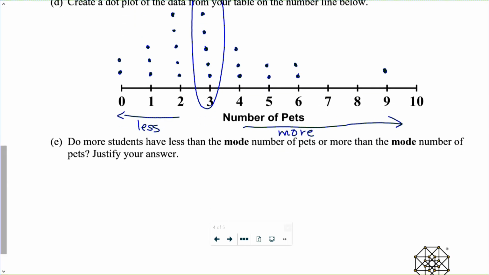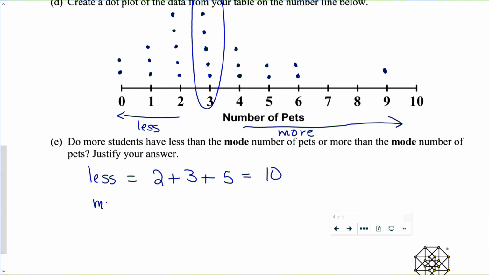Right? So the ones that have less are the ones that have 0. And there were 2 of them. 1, there were 3 of them. 2, 1, 2, 3, 4, 5, there were 5 of them. And that's going to be 10 people, or 10 students. Now the ones that have more than the mode number of pets, well, that's going to be the ones that have 4. That's going to be 3 of them. 5, 2 of them. 6, 2 of them. And 9, 1 of them with 9. So that's going to be 5, 6, 7, 8. So simple enough. More have less